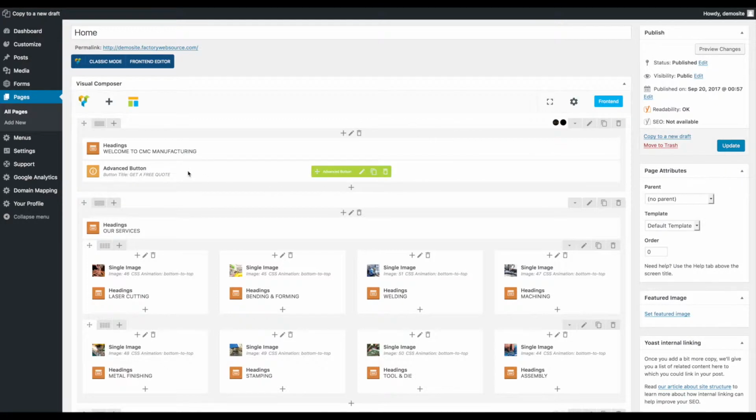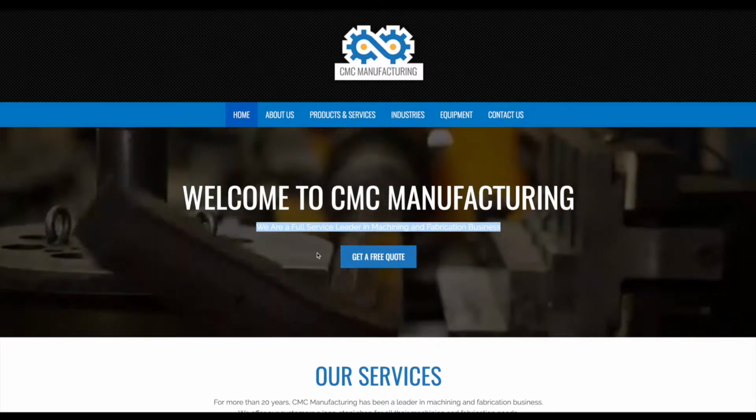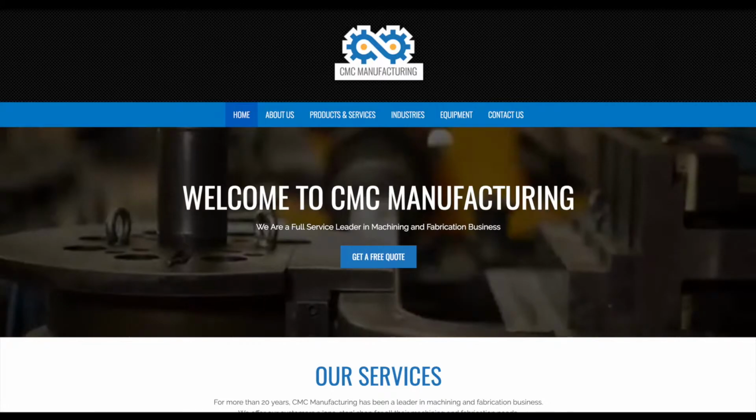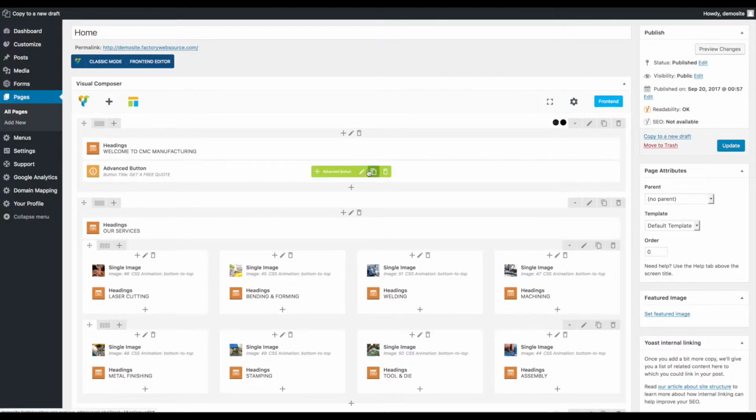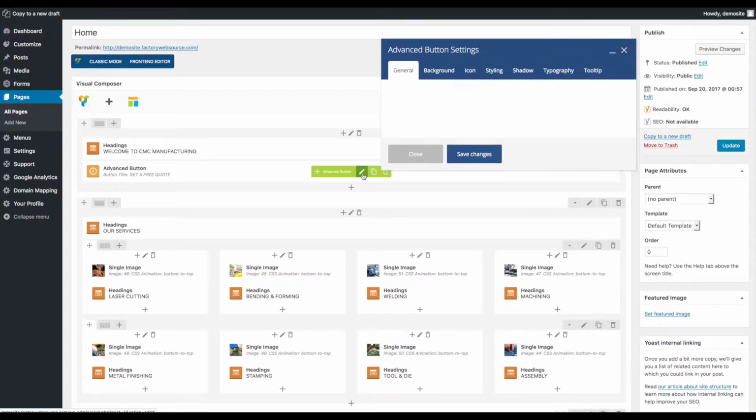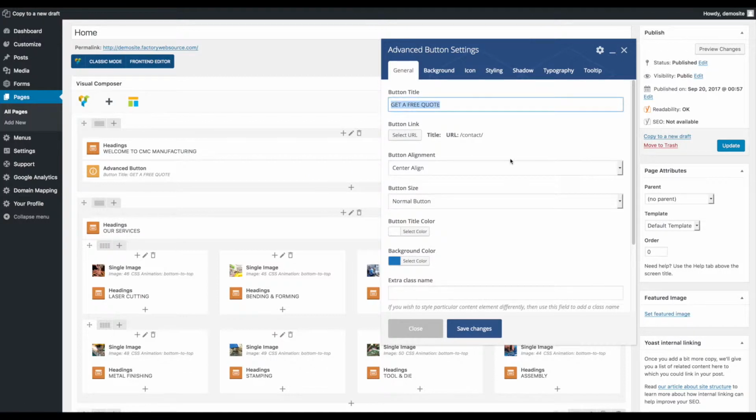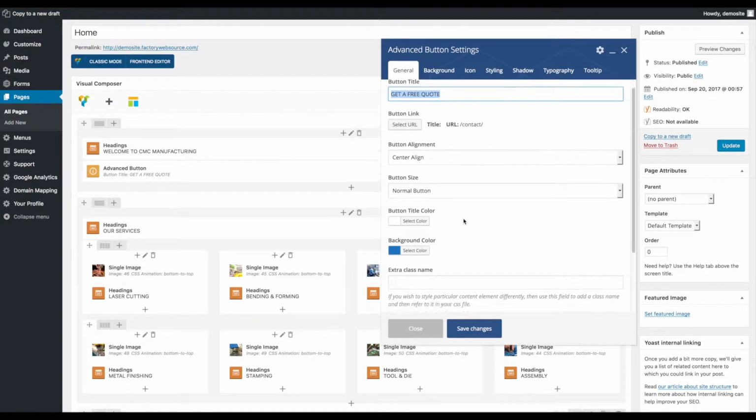And then we've added an advanced button down here. This is a call to action button that links off to the free quote page. If I was to edit this, you can click on that pencil icon one more time. You can edit the button title in here. This is the URL where it's going to be going off to, your contact page. And then there are additional settings in here for button alignment, the size of the button,